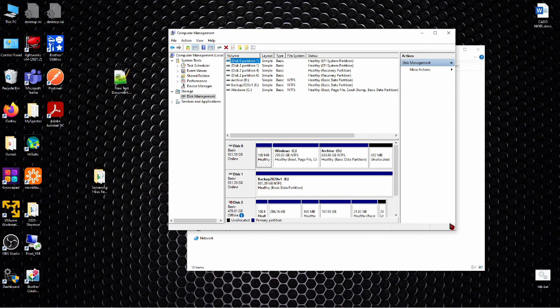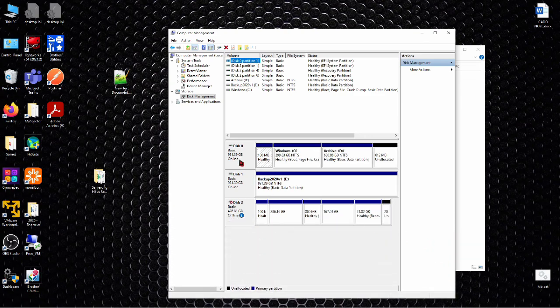And here we see a very interesting thing. My new NVMe drive is there with C and D. My SATA drive is there with all my backups, 1 terabyte. And my NVMe drive connected with USB is tagged as offline, and it says this disk is offline because it has a signature collision with another disk that is online. Of course, because we have cloned the disk, we have the same disk ID now.